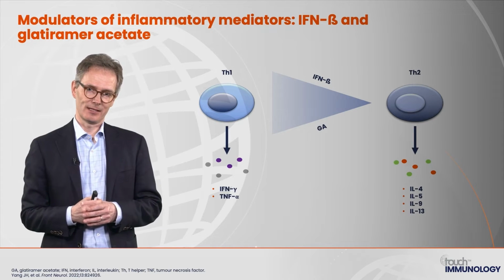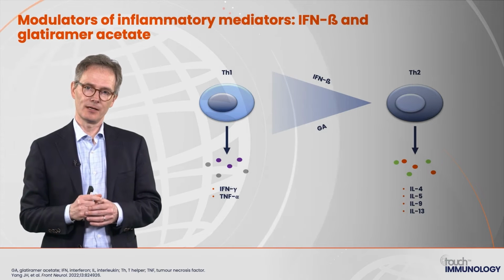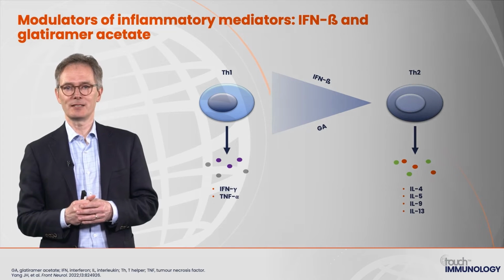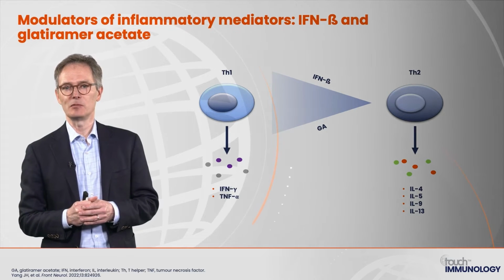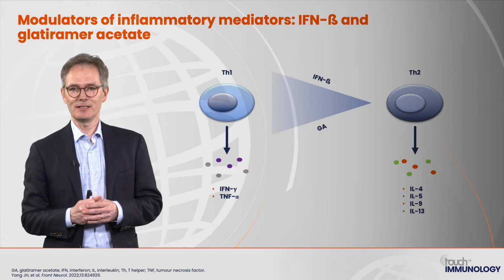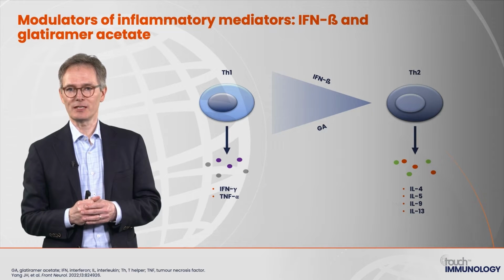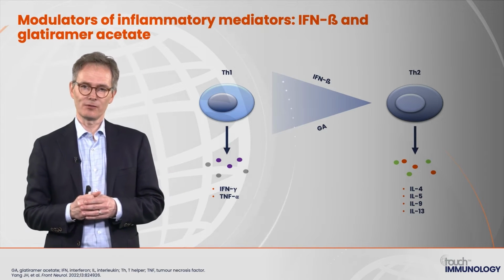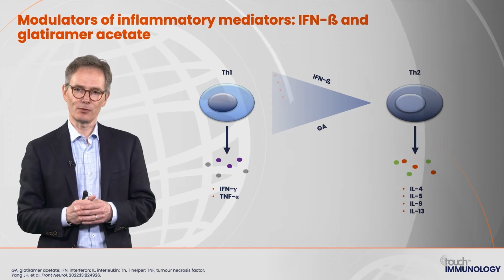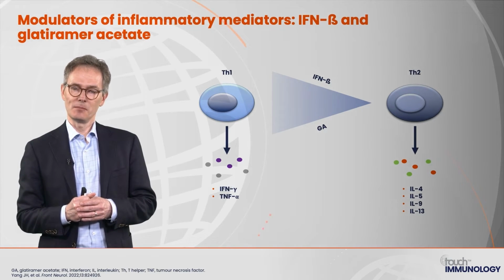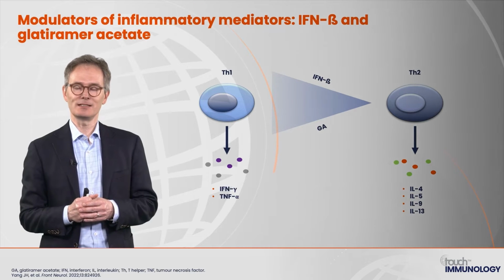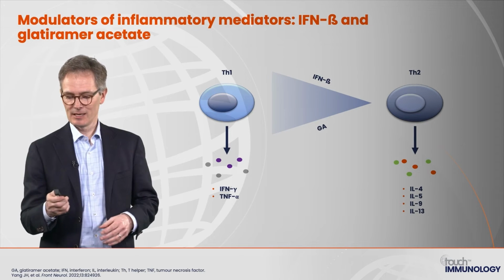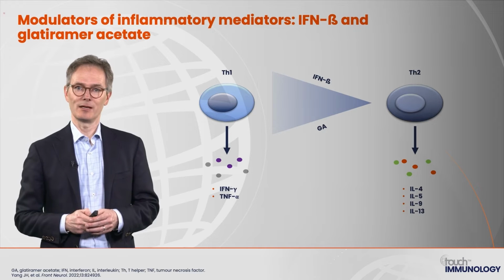Glatiramer acetate is a polypeptide with different amino acids, and this has been initially discovered as a compound that should induce MS in the animal model. But then it was seen that it's really improving the animal model, so it's protecting the animals from the disease. And it probably has a similar mode of action, changing the cytokine profile of immune cells, and maybe also affecting the antigen-presenting cells, like dendritic cells, so their profile also is changed towards an anti-inflammatory profile of cytokines.